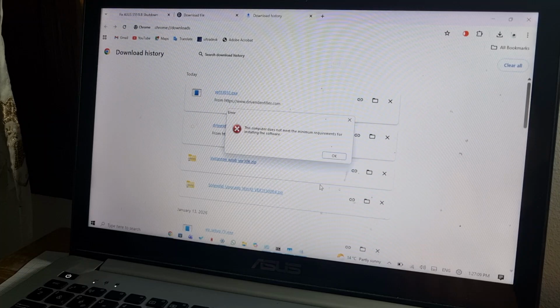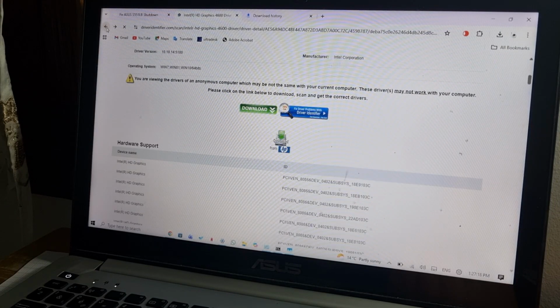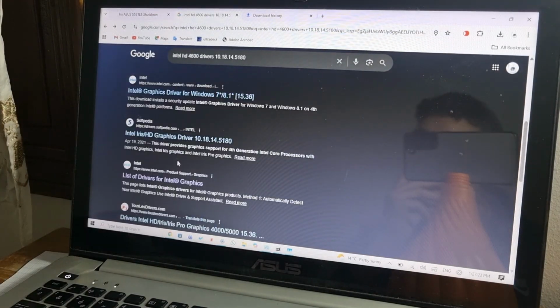Yup, this computer does not meet the minimum system requirements for installing the software. Great, what a great thing. So let's see how we can download this thing another way. So apparently